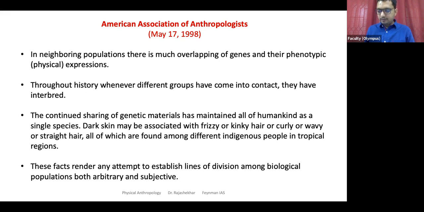A 10-marker question came in 2017 on the concept of race. Explain the concept of race. Short note on the concept of race. So you start from how the race concept had developed and how it has taken different meanings. I'll provide you some reading on this or some text as we build the idea in the class. And one question that came is: differentiate between race and racism. Is there a difference between race and racism?